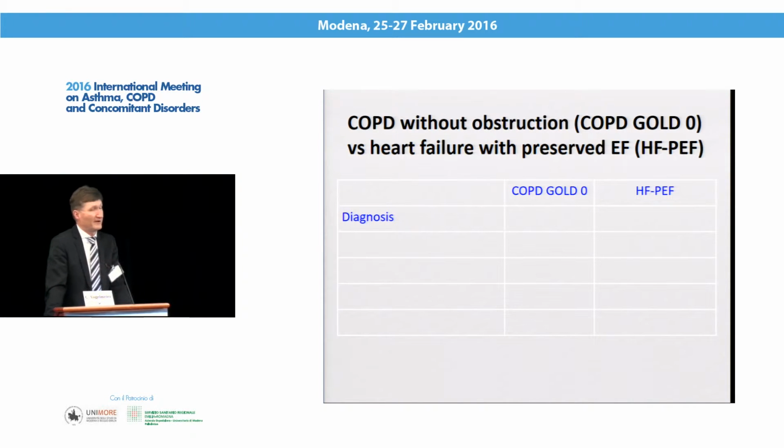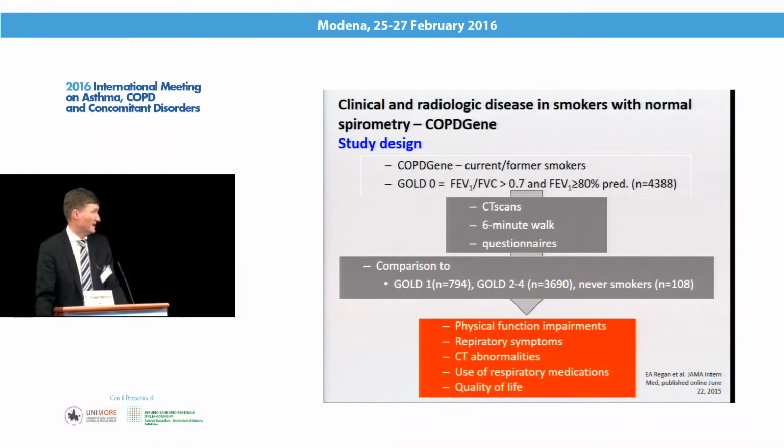And I would like to cover now several aspects where I will compare data for this, what I called it, to simplify the story, GOLD 0 COPD, the one that Jerry just presented to you, and heart failure with preserved ejection fraction. That's the abbreviation that you see on the right. So when it comes to diagnosis, how do we diagnose this GOLD 0 COPD? This is the outline of the study that Jerry just showed you with these more than 4,000 individuals that had this preserved lung function. And they did it by several ways, and one of the ways they did it was